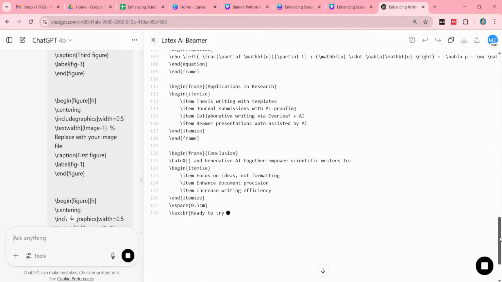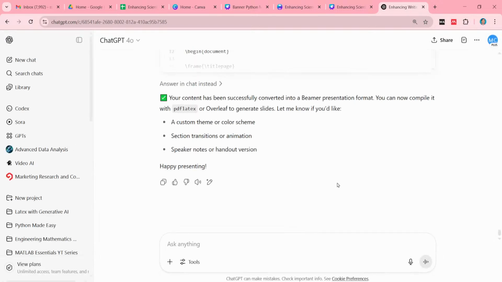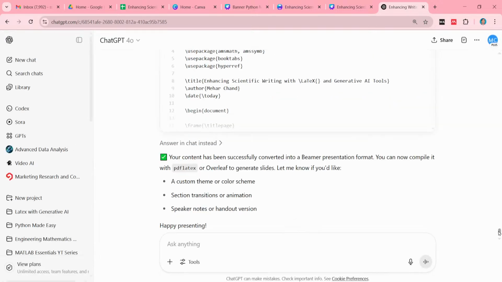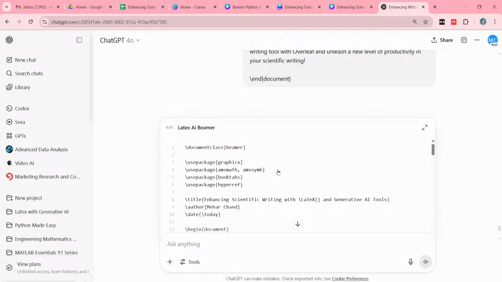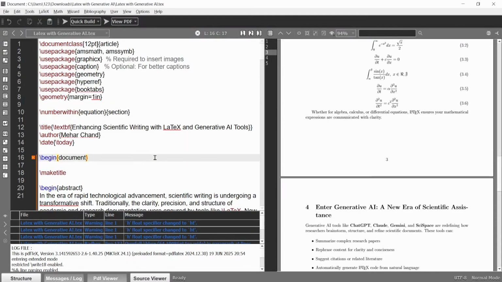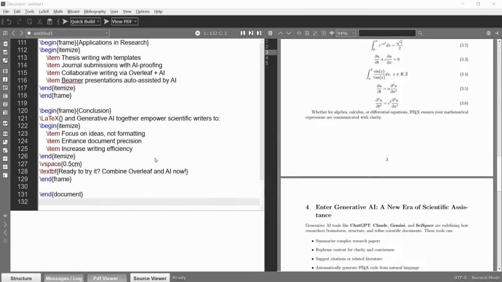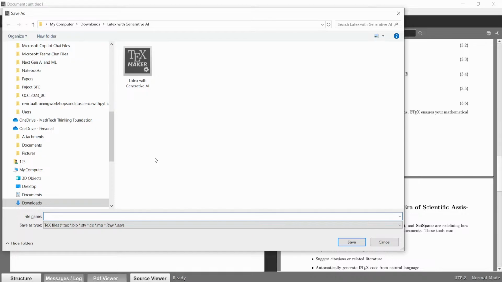So your entire content is being converted into LaTeX, and now we can copy all this content from this place. For the copy, we copy from here and come to a new file, paste here, and save it with the name presentation.